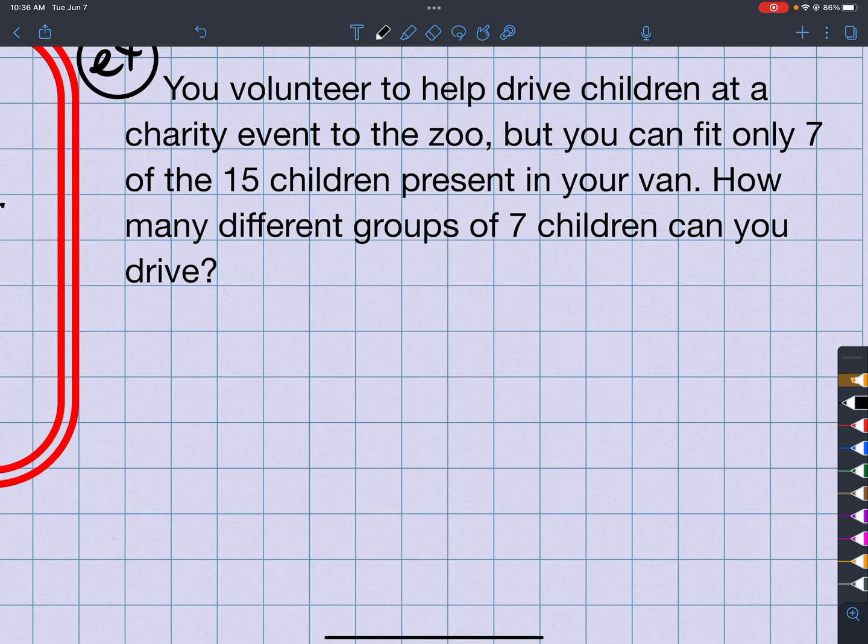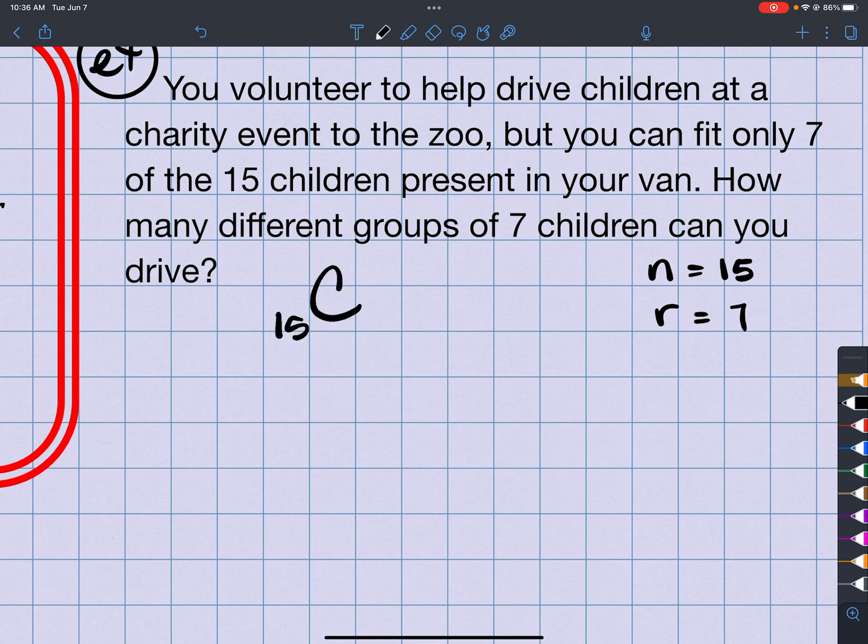How many different groups of 7 children can you drive? So essentially you got 15 children to pick from. You have to choose 7 of them. So essentially I have